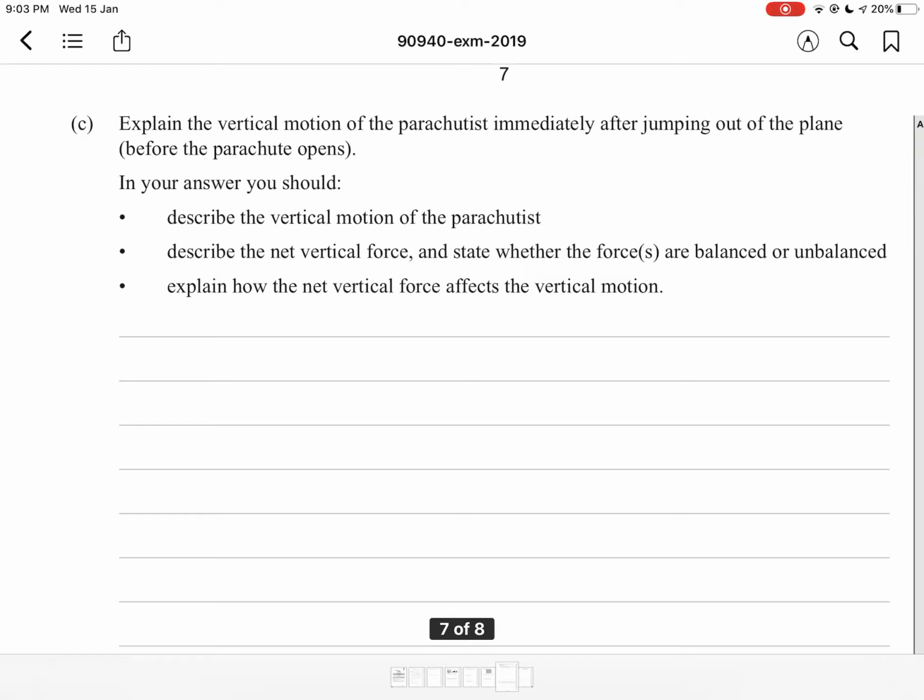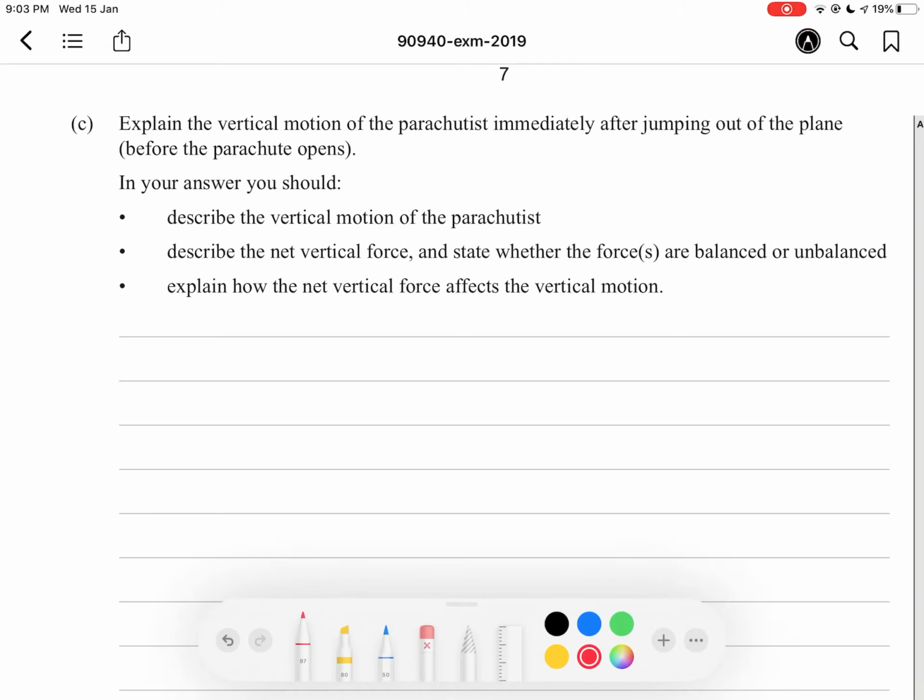And at this point, it's going to be not accelerating. The parachutist is just going to be traveling downwards at a constant speed. Alright, so to put this into words, we can start off with when the